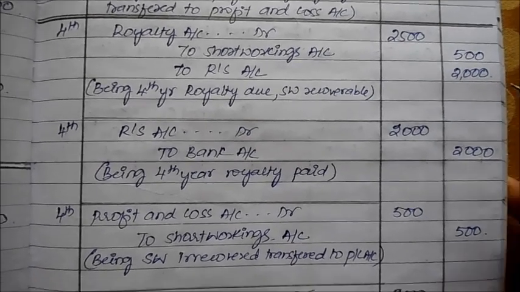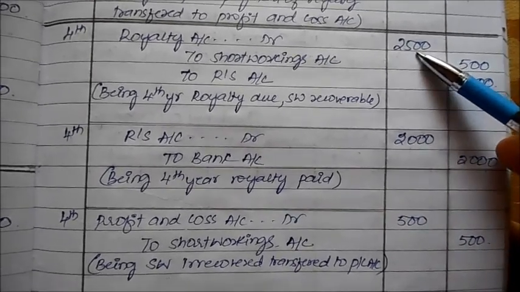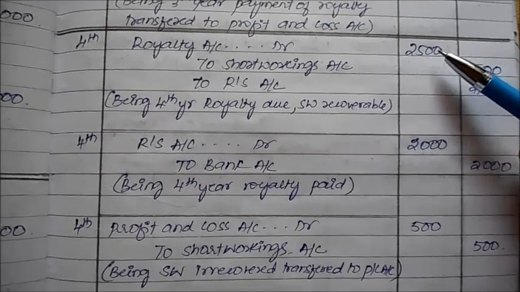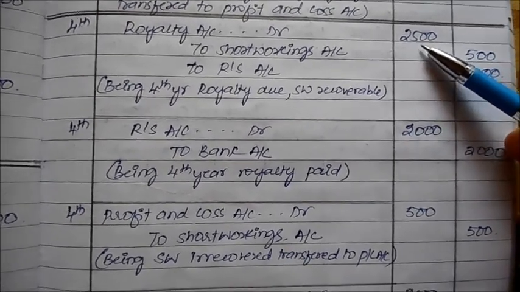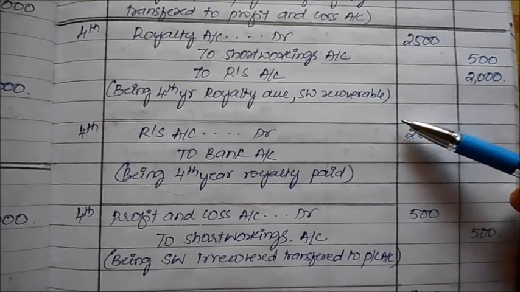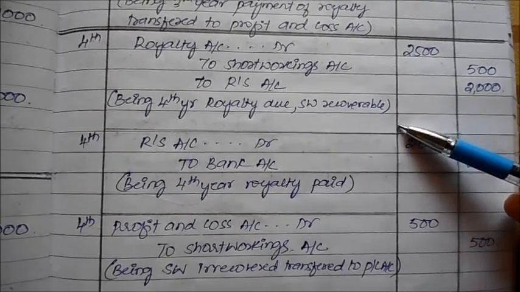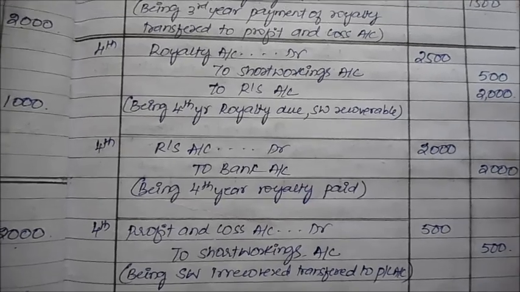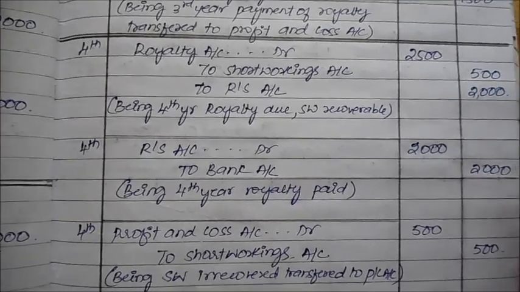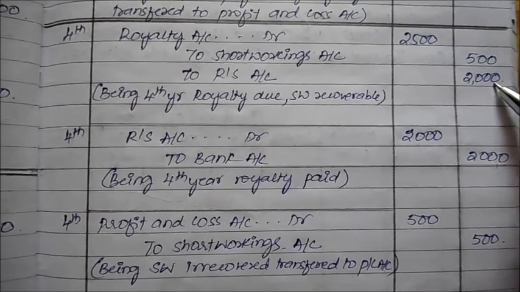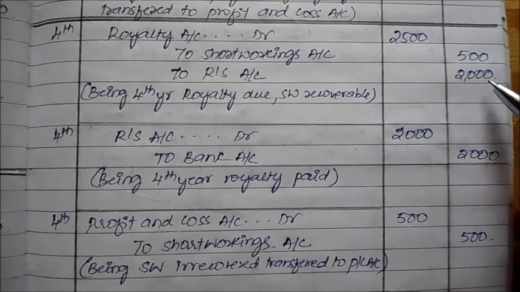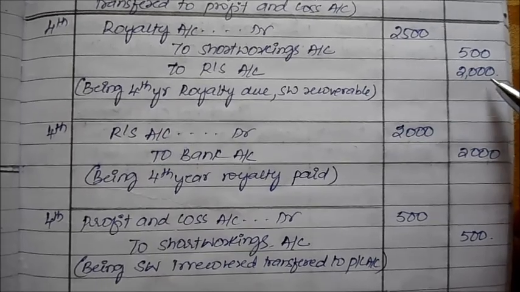It is because from the portion of royalty, because it is more in number, because the royalty is more, now I will have the advantage that I will take back the excess, the short working or the losses which I have occurred in the previous years of paying more minimum rent. Okay, that benefit I will take. So 500 will be the short working and 2000 will be the amount which is actually to be paid to the landlord.